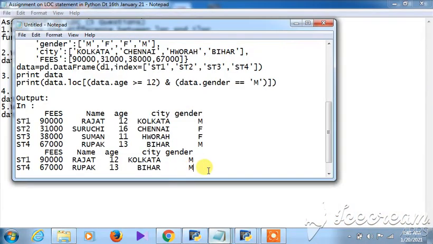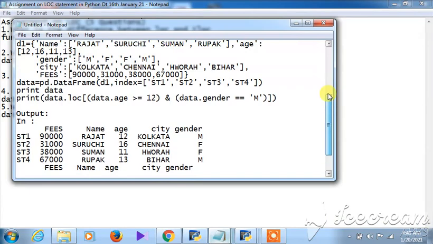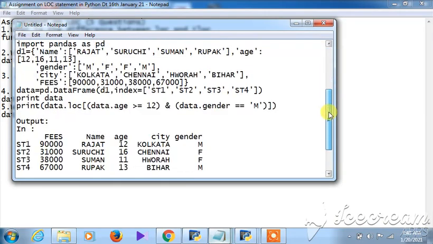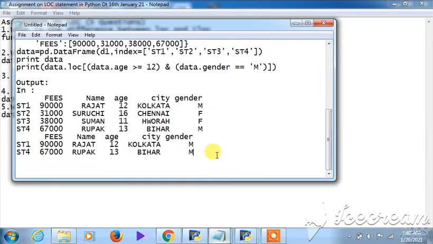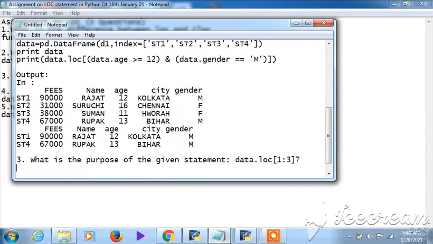And now we see, this is actually the second question. What is the purpose? And this is the question number 3 now. What is the purpose of this statement? This. Okay, so what is the purpose? So the given statement. Okay, the answer will be the given statement is wrong, okay, and the correct statement